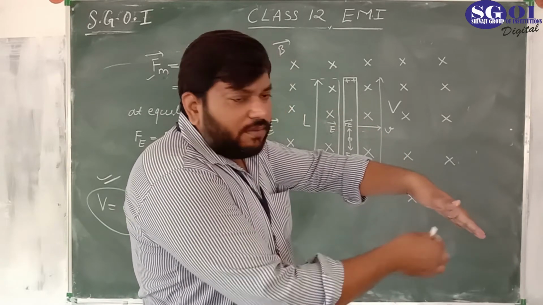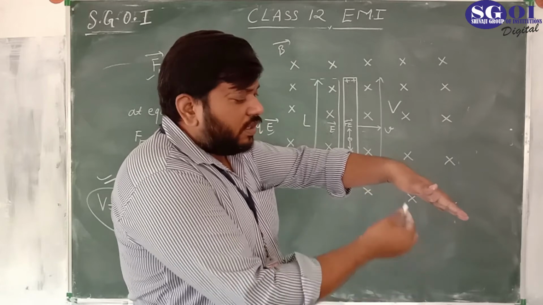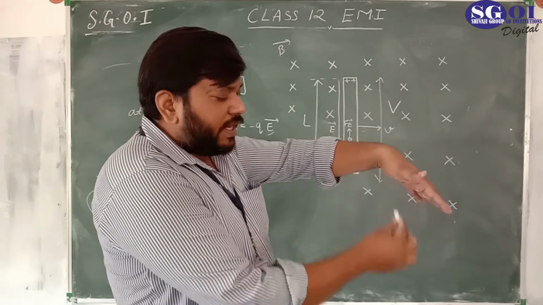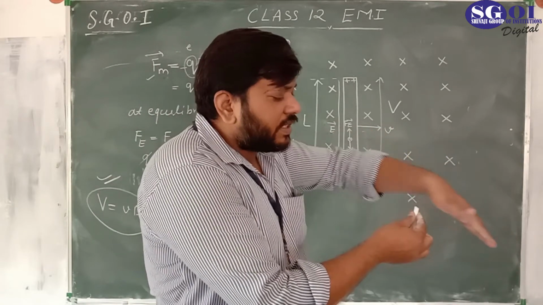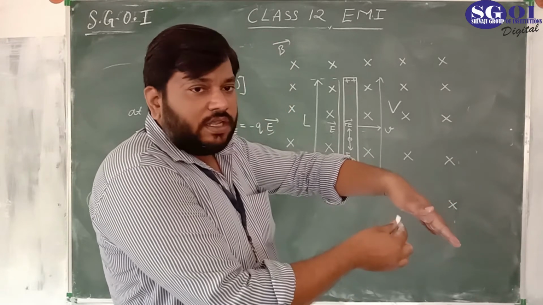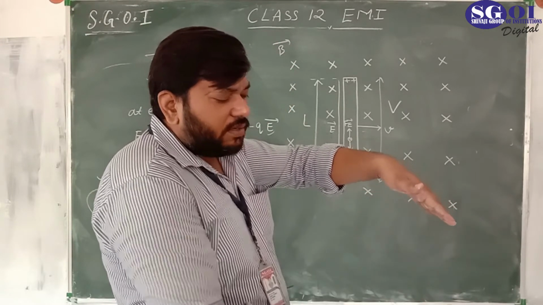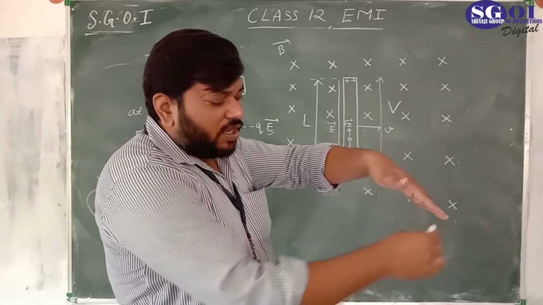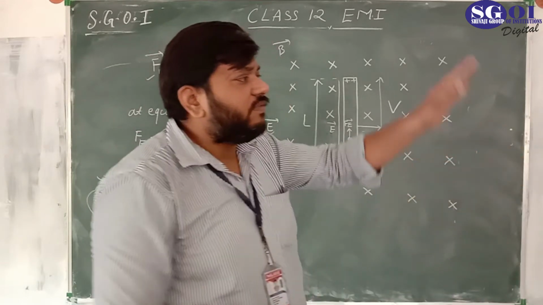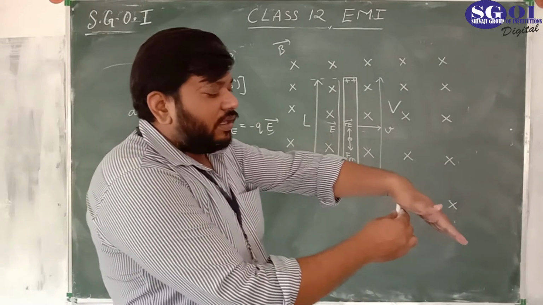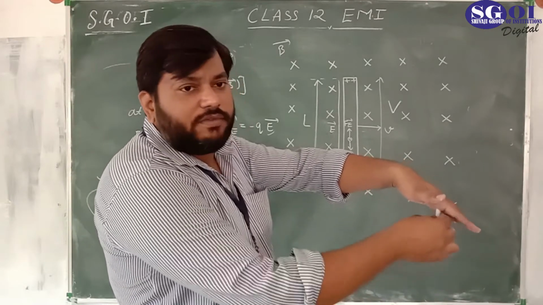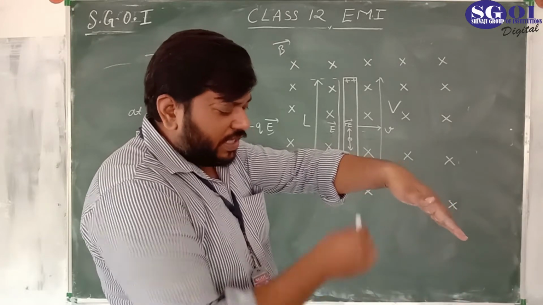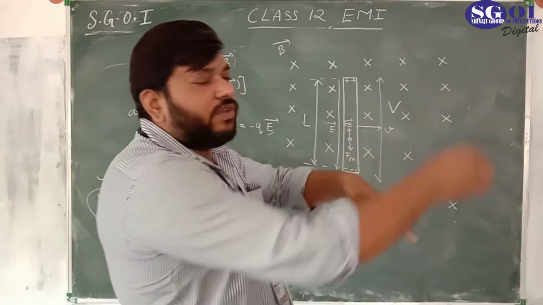So there is an angle between V and B. This is the normal, this is the velocity. It is not going like this, where the angle would be 90, but it is going like this. The magnetic field is downward, and the wire is continuously moving like this, so there is an angle. If we take the components of the velocity vector in this direction and in the horizontal direction, in one direction the component is v cos theta, and in the other it is v sin theta. This is the magnetic field, this is the velocity, and theta is the angle between them.